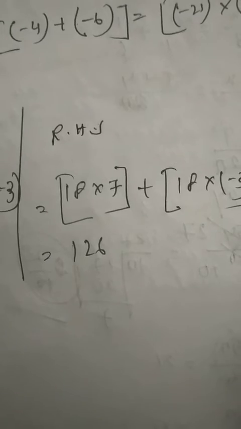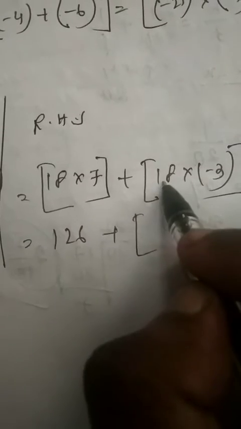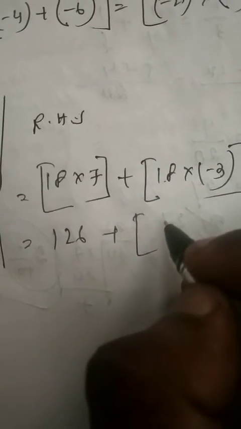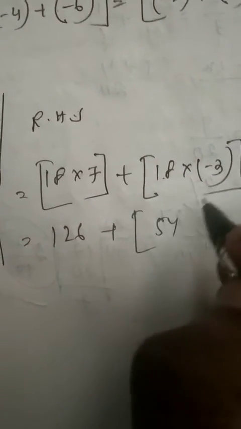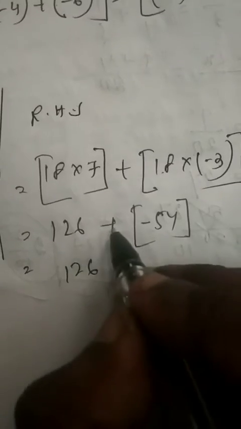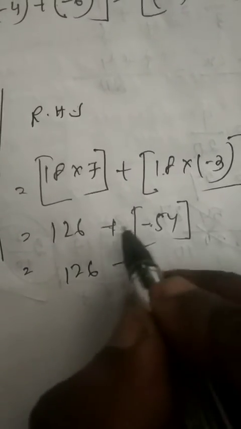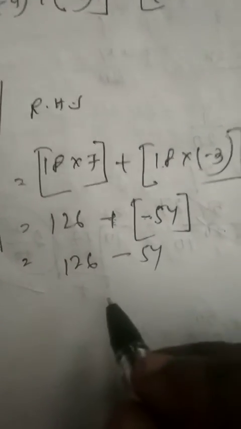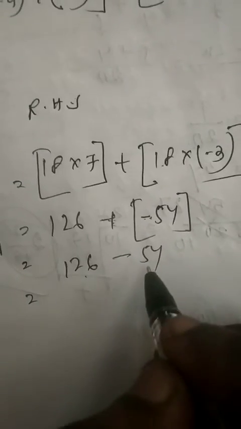Plus, 3 into 18 is 54, and there is a minus sign, so it will be minus 54. 126 minus 54 is